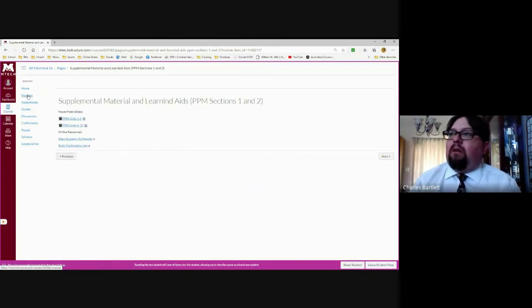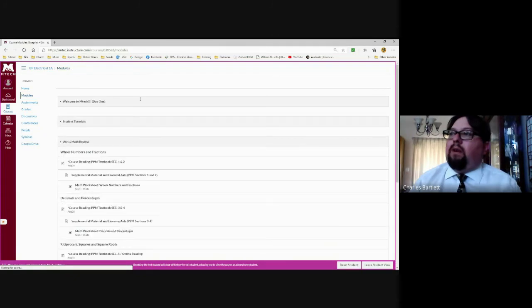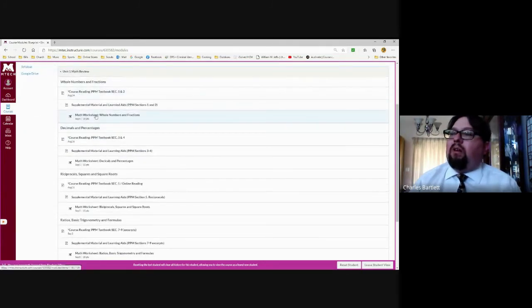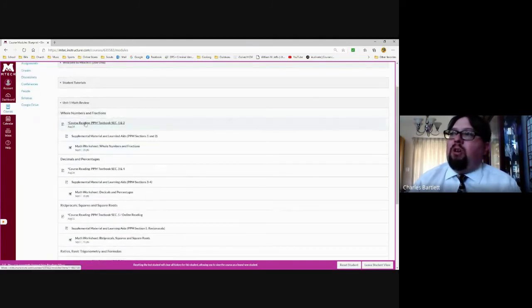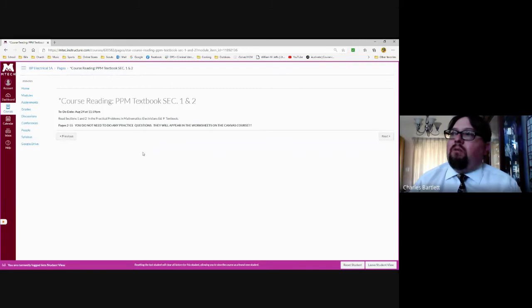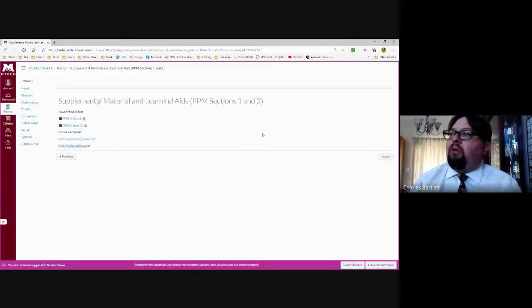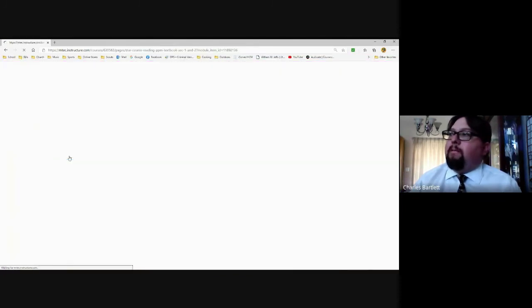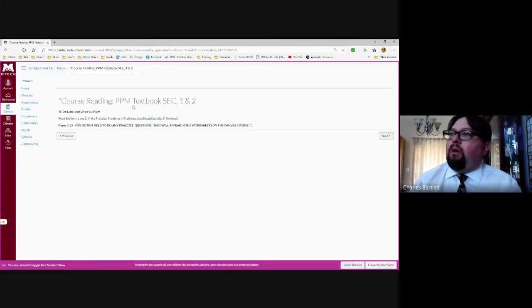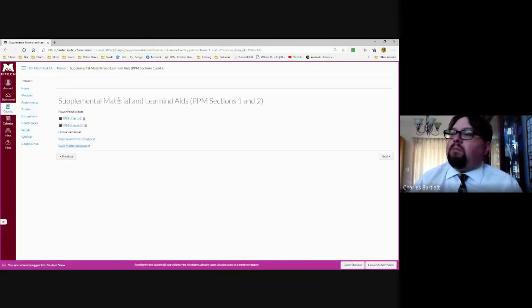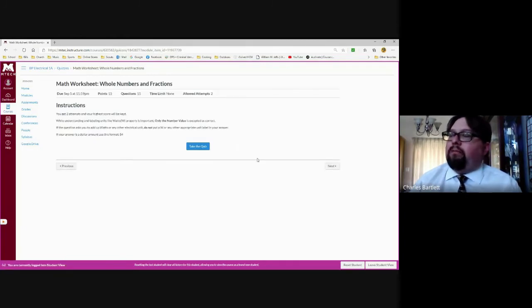Now, the very last thing I wanted to show you as far as navigation is that from this modules page, once you click on anything, you will get to this setup where you can just hit next and it'll just go to the next thing or previous. So if you open up the reading assignment, you do the reading and then you hit next, then you explore this material and then you hit next, the next thing is going to be your worksheet,